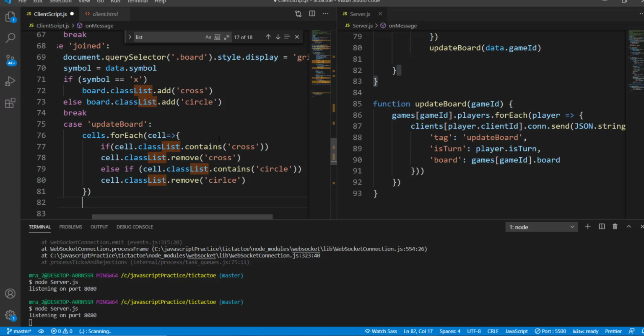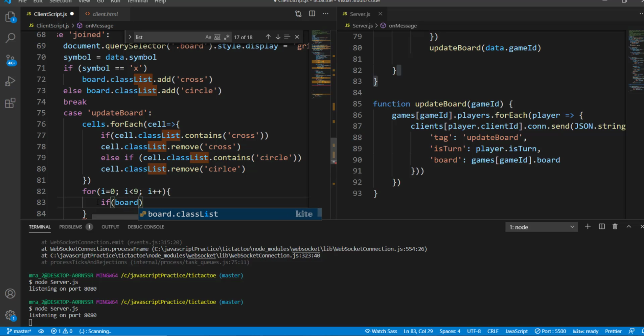Now based on the current status of our board array that we have received from the server, we will again iterate through the board elements, and if that particular element of the board is empty, we will leave the respective cell empty. If that particular element of the board is X, we will put a cross to that cell as its class. If the element of the board contains O, then we'll put a circle in the class list of that cell. So this time we have to iterate using the for loop that gives us index. So for i equals 0, i less than 9, because we have a total of 9 cells, i plus plus,